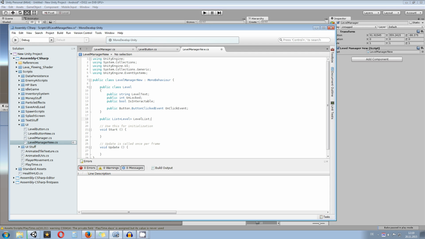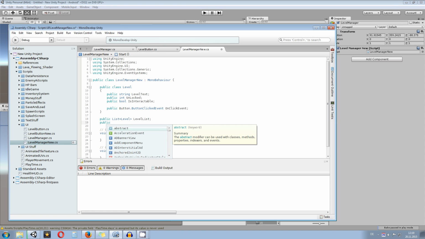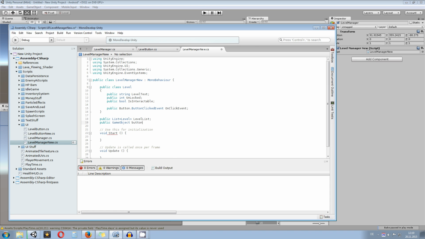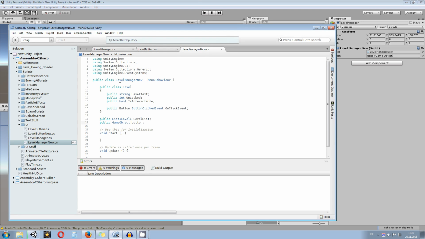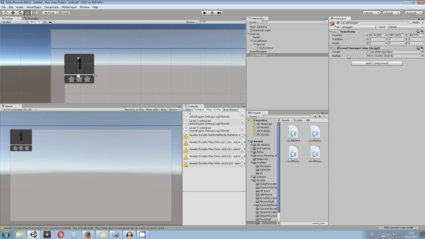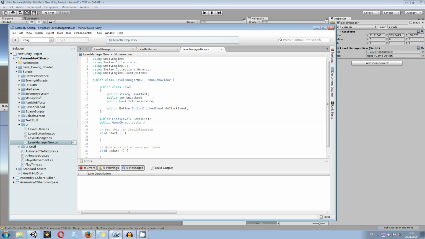Okay, so the next thing we also need is, of course, a button, which is going to be a game object, and we just call this one button. Okay, now we have the list. But the problem is we still can't see anything in the list. So what we need to do is we need to make that class. You can see there's a button, but still there's no class, no list. So we need to make this level class